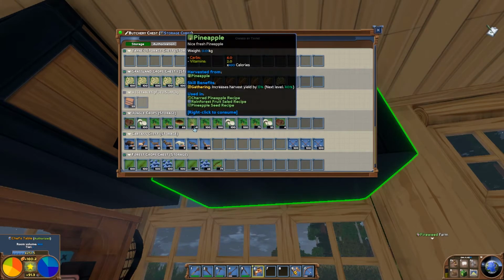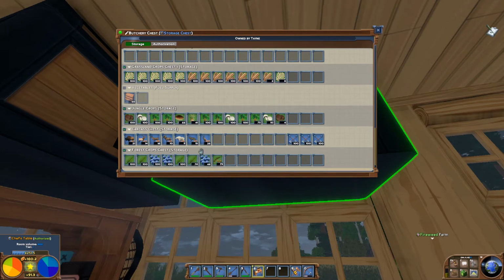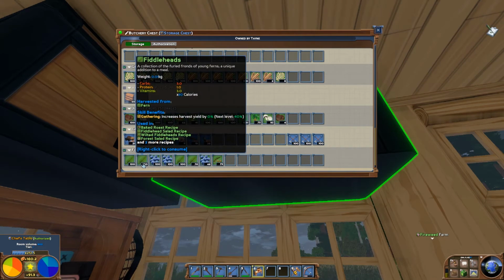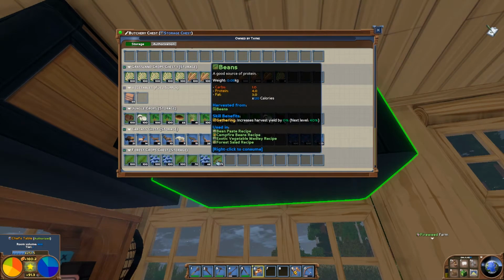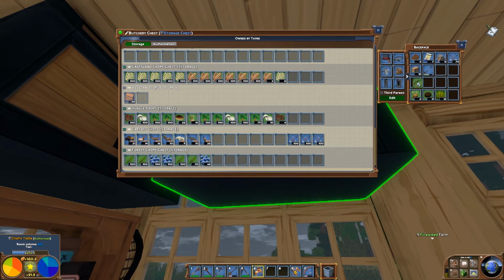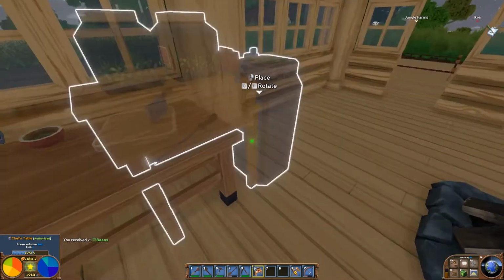Papaya abundant, pineapple abundant. And what you should do, really quickly: forest ferns you always have a lot of, or fiddleheads you always have a lot. Huckleberry I'm starting to get a lot of, and beans I should probably take more of these beans with me and replant them, and that's what I was going to get into. So you don't even see any camas in here because I've just been replanting the camas over and over and over. So a farmer's table is good to have